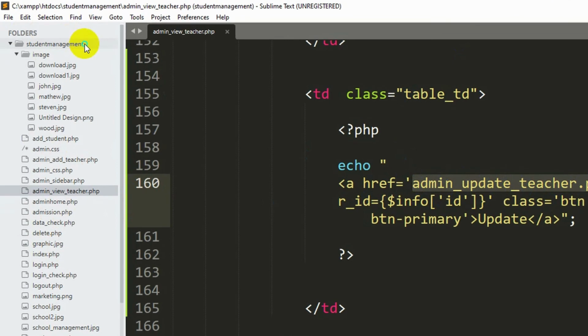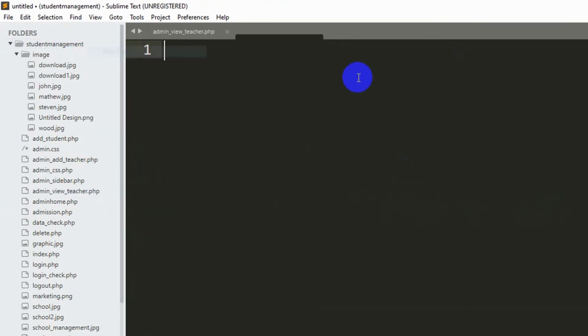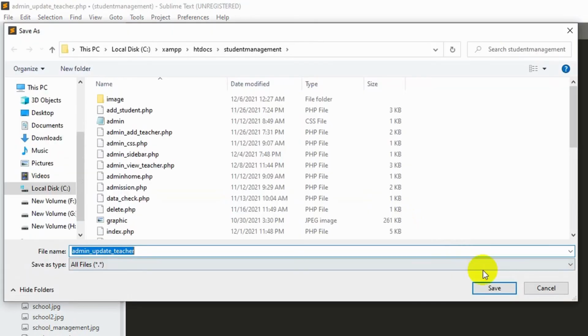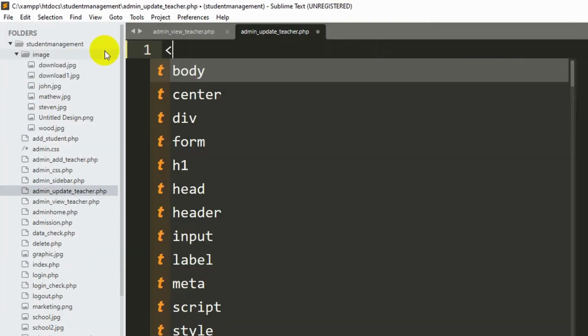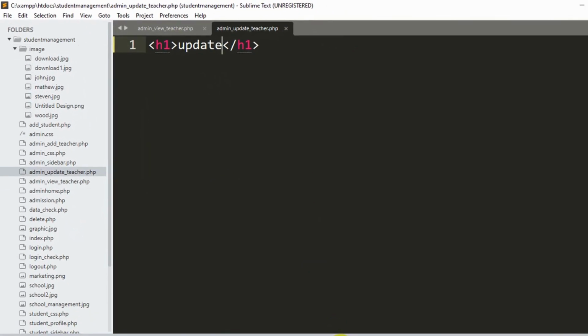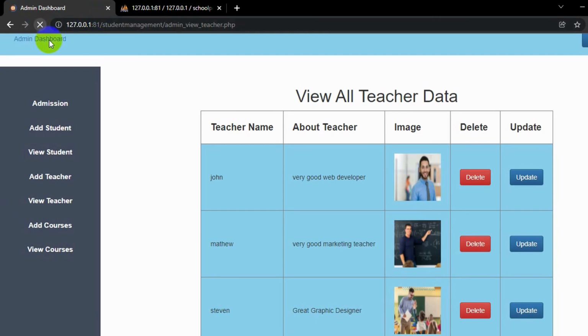So I'll just right click over here, then click new file, and here I'm going to say admin_update_teacher.php. So Control S, then save. So here let me just write a normal h1 tag. Let's say update here, just this for now. If we save it, then if we just refresh,